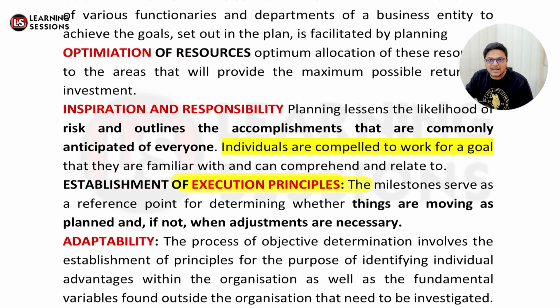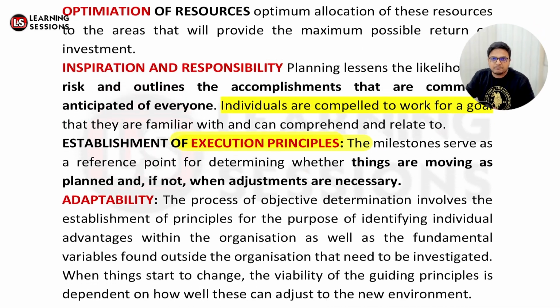Further, it's related to adaptability. Adaptability is related to what? Let's say there is some uncertainty. Now, when there is uncertainty, there must be some uncertainty principles, because you have already brainstormed. Let's say I wanted to achieve 1 lakh followers on my Instagram page, but there was uncertainty. The Instagram algorithm just changed. I was already prepared for the same, that the algorithm could change. So I have to go further. I'll be adapting myself so as to deal with the uncertain events, right?